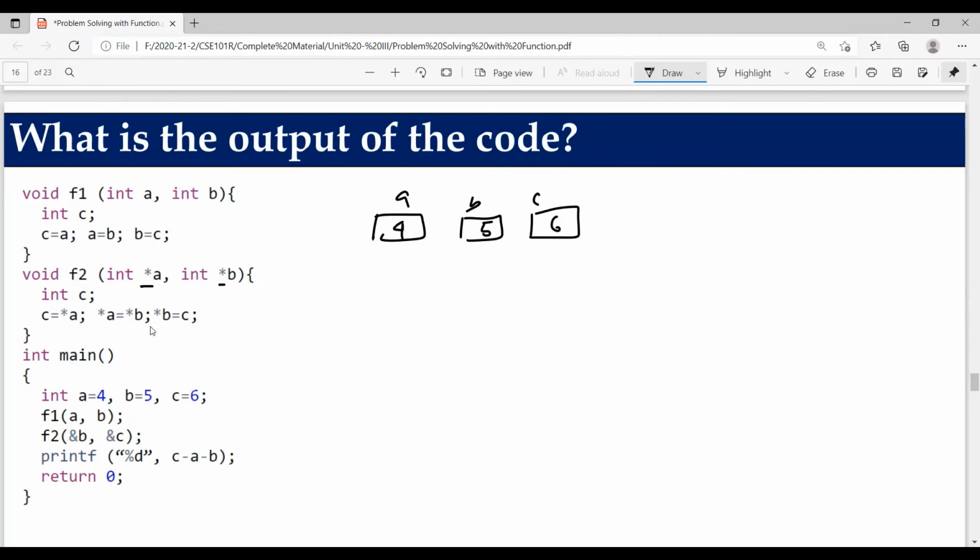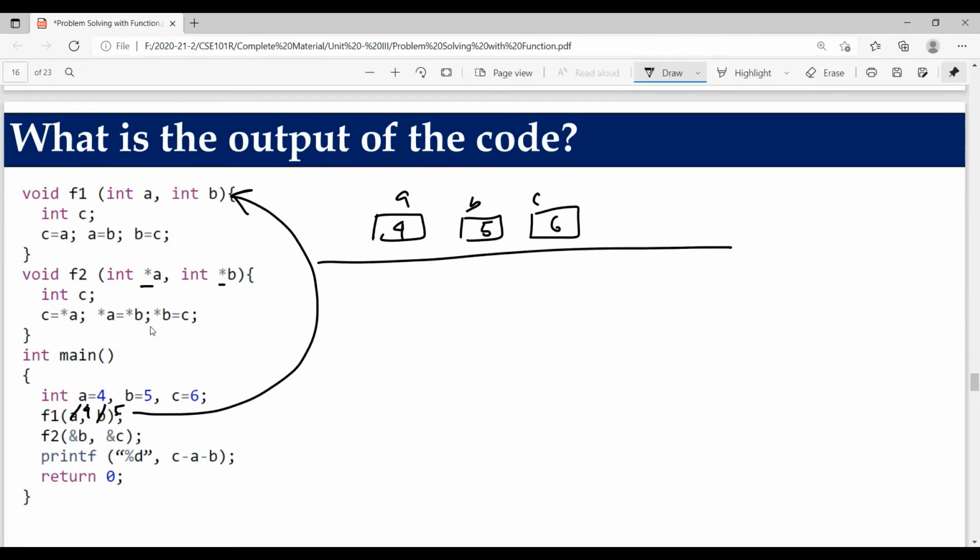Okay. Now I'm calling the function f1. So let's see where is f1. There it is, f1. What values are we passing? We are passing 4 and we are passing 5. This is our main method, correct? Now function f1. F1 has 2 parameters, A and B. The value of A is the passed 4, and the value of B is 5. Next, C is also declared here, but not initialized.